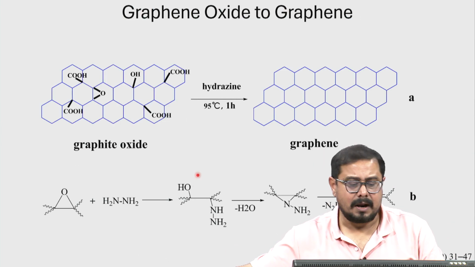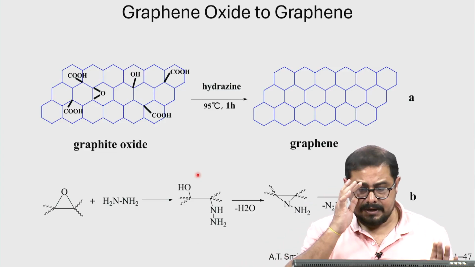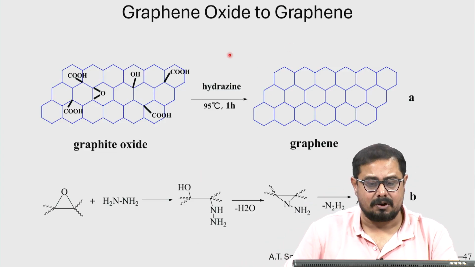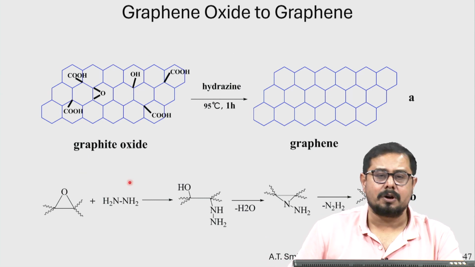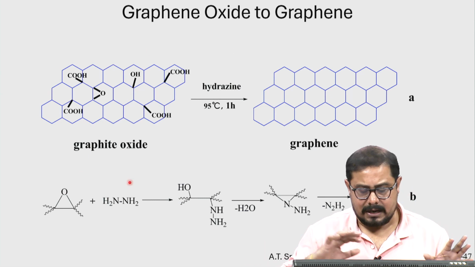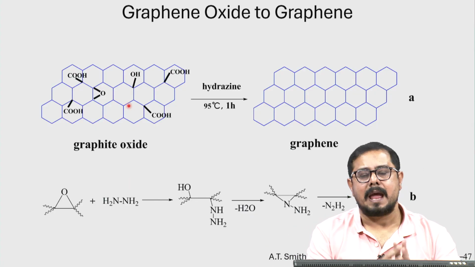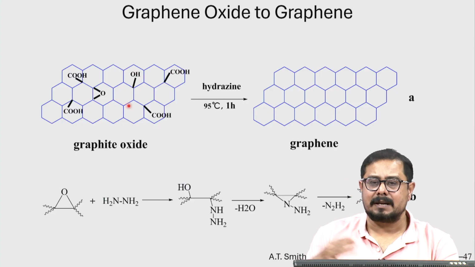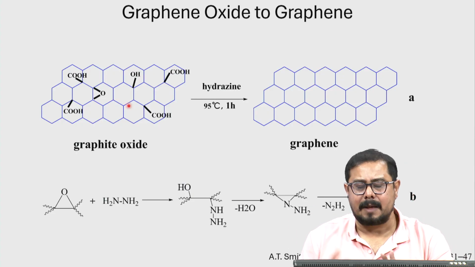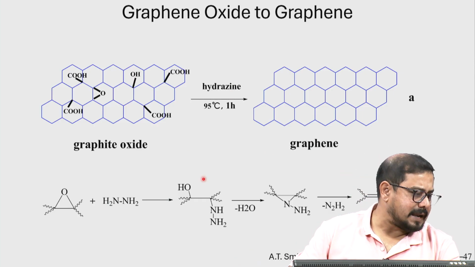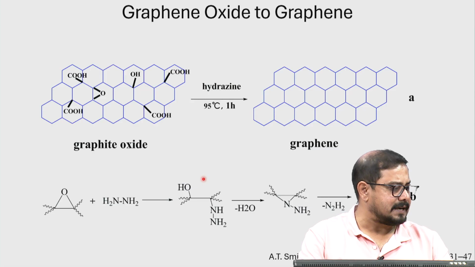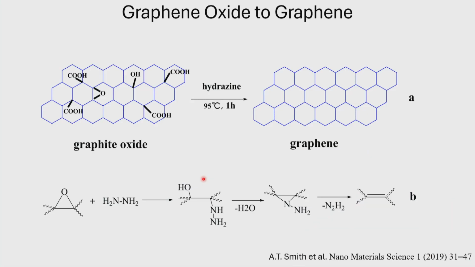In this particular class, our interest is not how to synthesize graphene oxide or graphene, because there are lots of chemical processes that we can utilize. We can modify those graphene oxides with other functional groups, and that will really help us prepare modified graphene oxide or graphene grids. But that is not our intention. Here we are more interested in how to prepare those graphene or graphene oxide grids, and how they will help us to coat our sample on top of that grid.